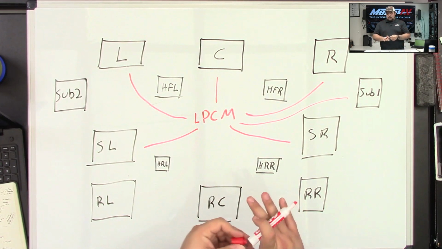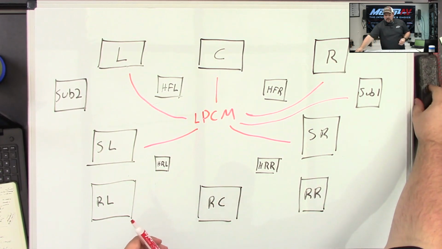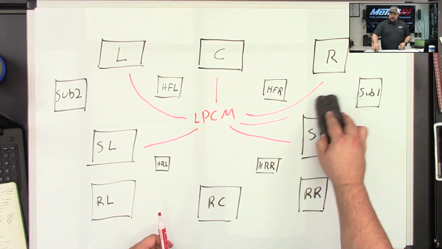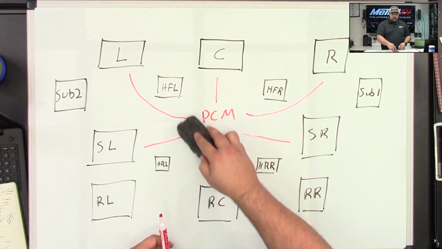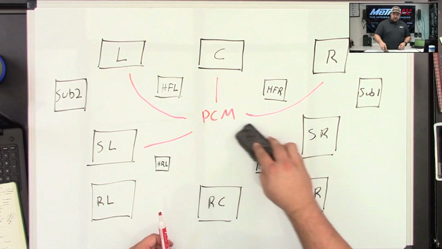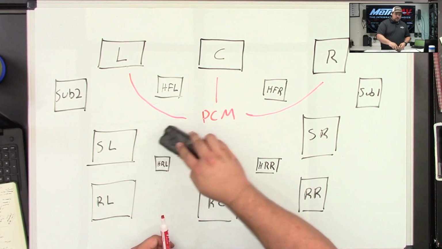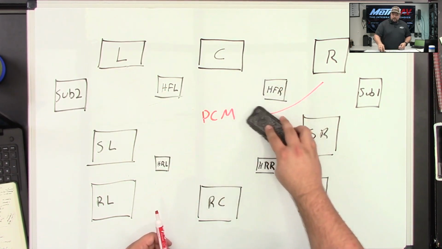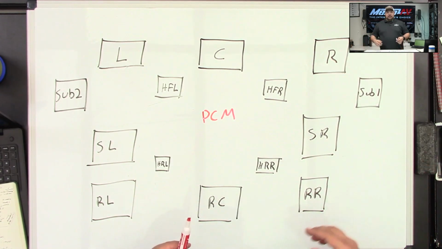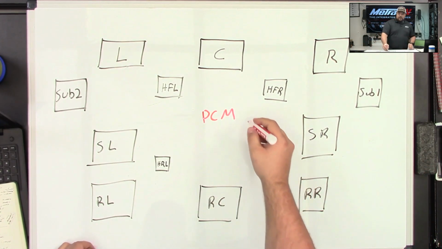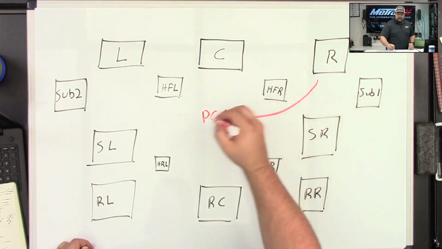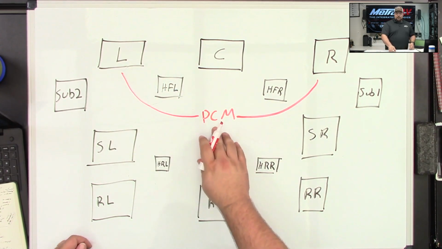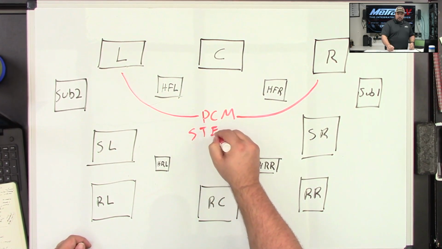So when we talk about different things, a lot of times we'll say you need to make sure that your source device is set to a PCM signal. That PCM signal is really just a stereo signal. It's the most basic of signals that we deal with today when we're dealing with any type of sound systems out there. And a lot of times, in order to make things work correctly, you may have to have them just in PCM or stereo connection.